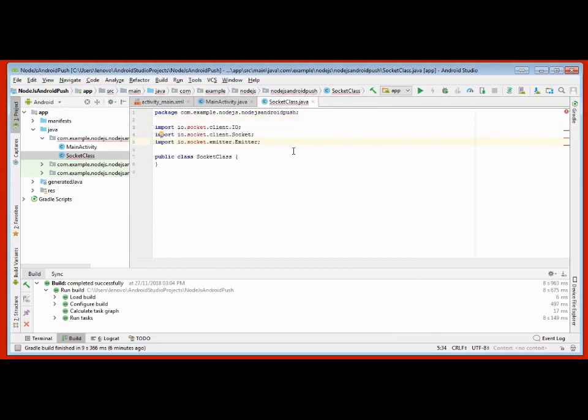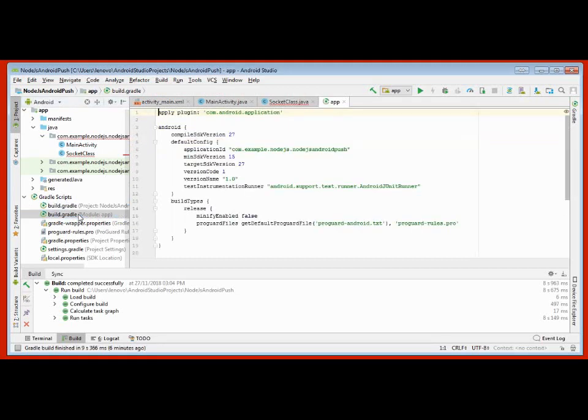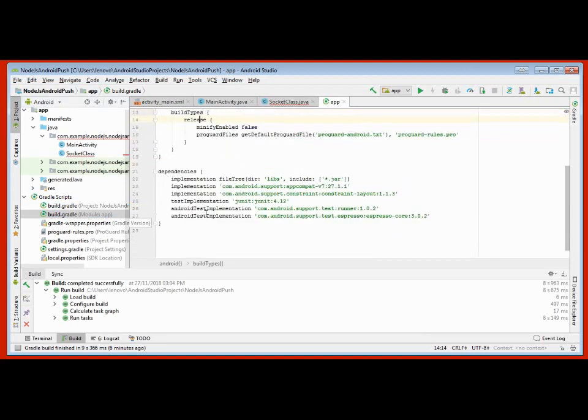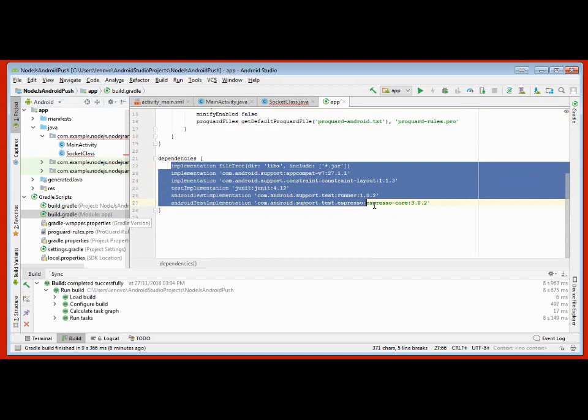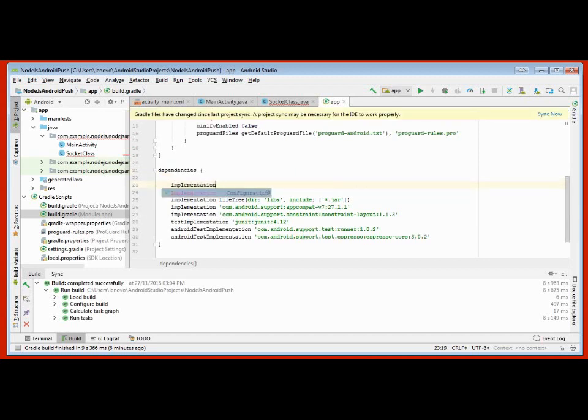We're going to need some functions here from Socket.io, right? This is not included in your Android, so you need to import this. You need to bring this from another place. That's why you have to use Gradle in this case. So you click here in your Gradle settings and you choose the module Gradle file. Don't choose the project, use the module. Double click there and go to dependencies. You have to add a new dependency right there where you see the rest of your dependencies. It doesn't matter where, you just write this line here, implementation